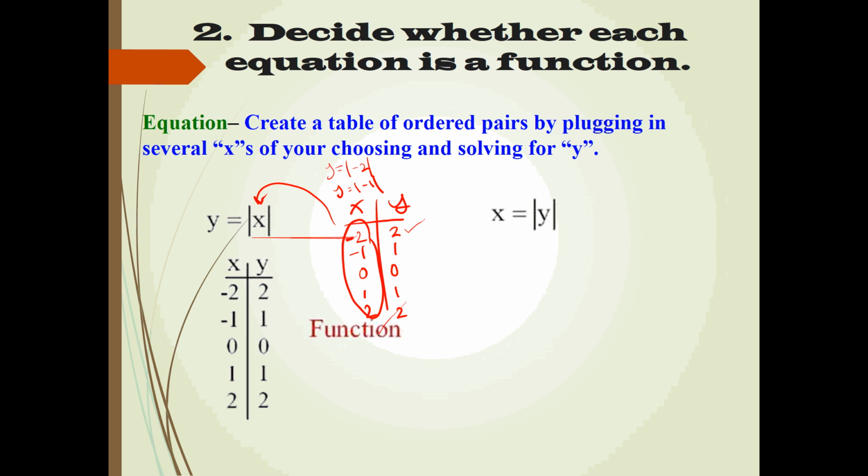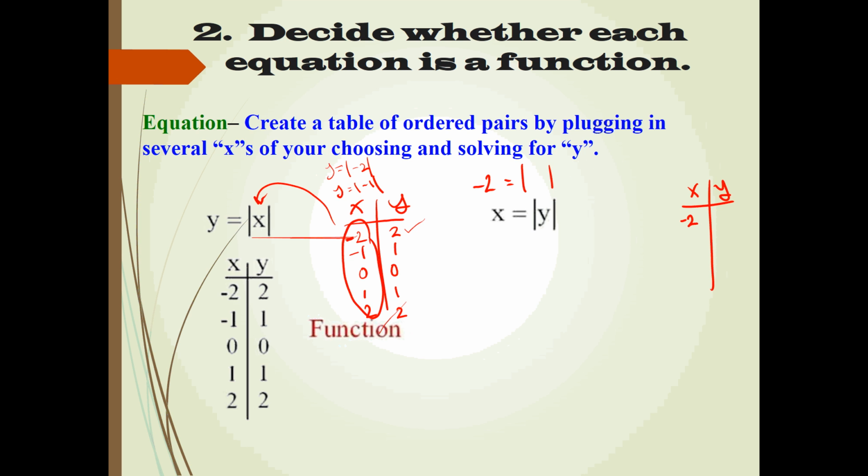Next, let's look at this example. So it looks similar, however, we've got the variables flipped. Here we have x equals the absolute value of y, and we'll set up our table where we pick some x's and figure out the y's. Now it's a little bit trickier with the absolute value around the y, so we're going to do these one at a time. If I were to choose and use negative 2 as my x value,